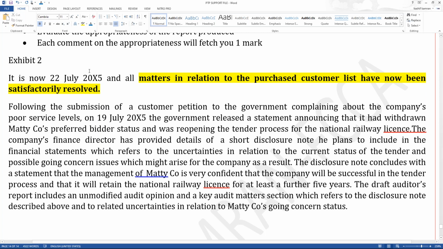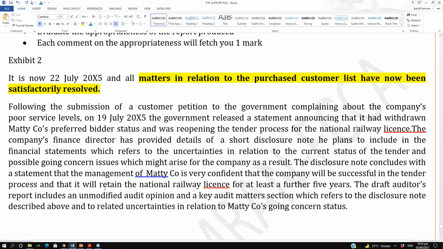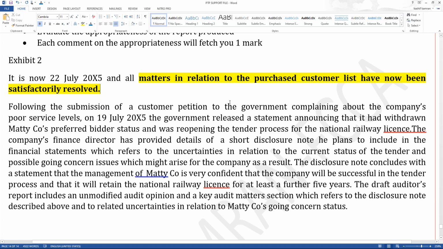Everyone? No. So it is the 22nd of July. We are about to sign the report, and all the matters in relation to the purchase customer list have now been satisfactorily resolved. Following the submission of a customer petition to the government complaining about the company's poor service level, on the 19th of July 2025, that is before the signing of the audit report, the government released a statement announcing that it had withdrawn Petty Company's preferred bidder status and was reopening the tender process for